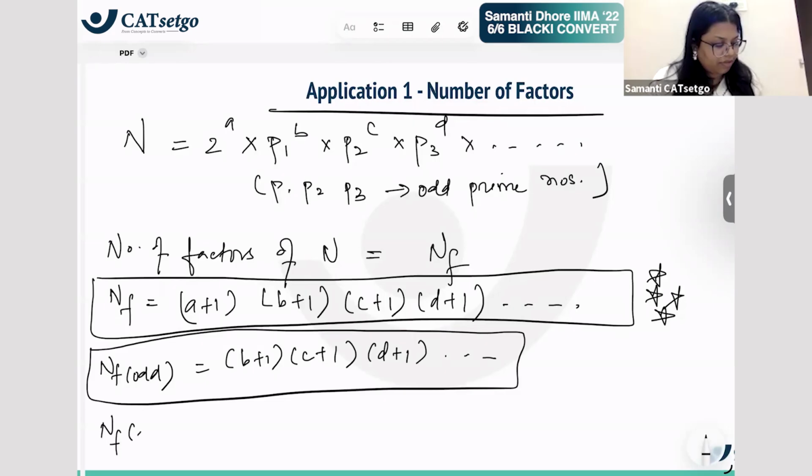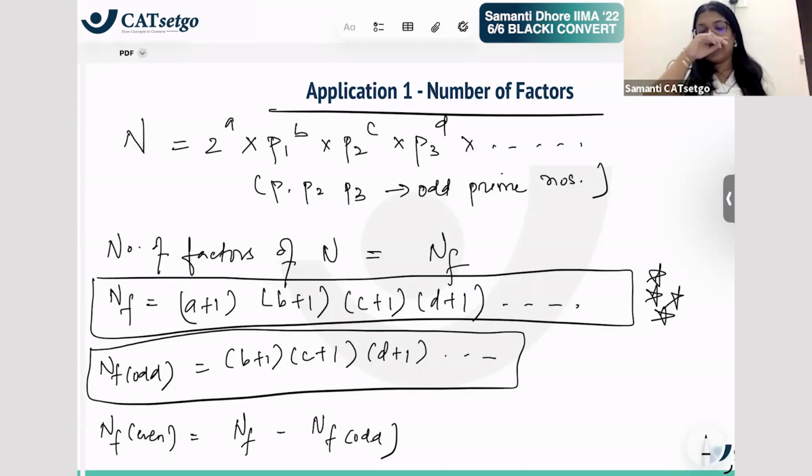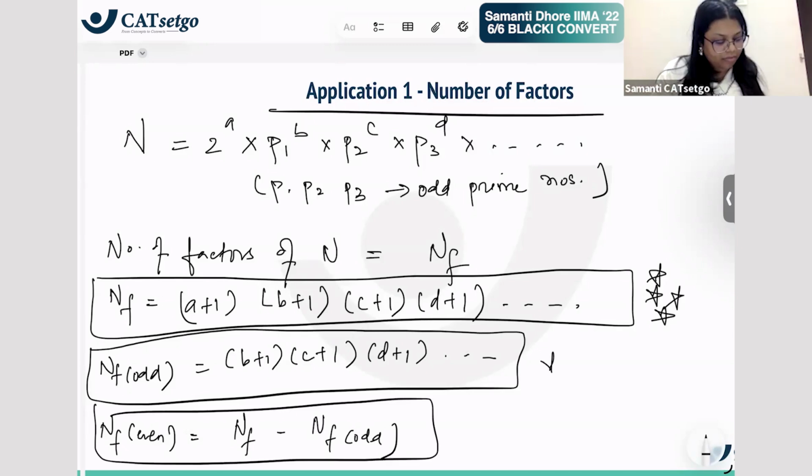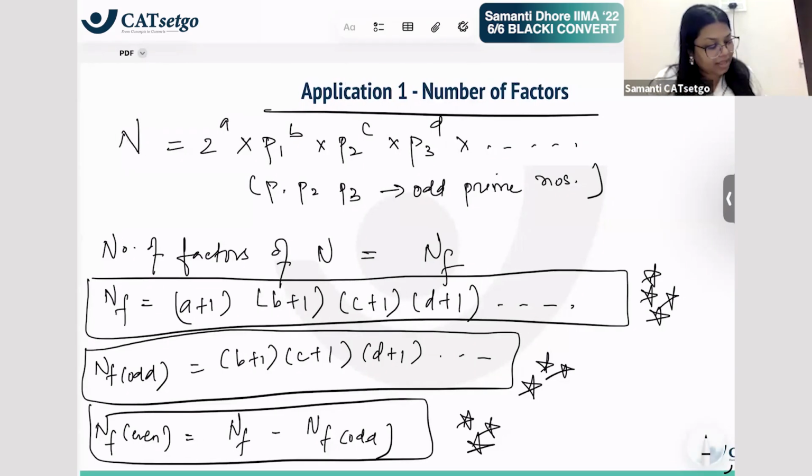So then the number of even factors becomes total number of factors minus number of odd factors. ठीक है? Let's say total number of factors are 8 and we find out that the odd factors are 2. So that means 8 minus 2, the remaining 6 are even numbers as the factors. Fair? Understood? ठीक है? ये एक सेट ऑफ फॉर्मूले है. Must note, must remember the logic. Correct? Sorted? है ना? Okay, very nice. Let us move to the second bit of it. Next bit is